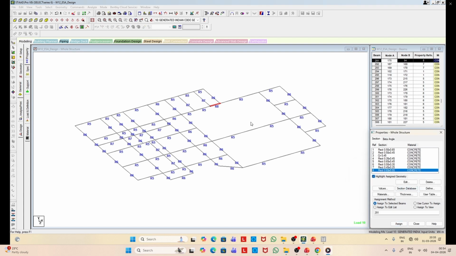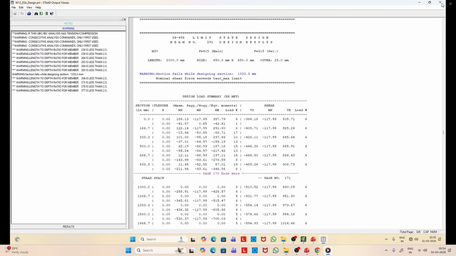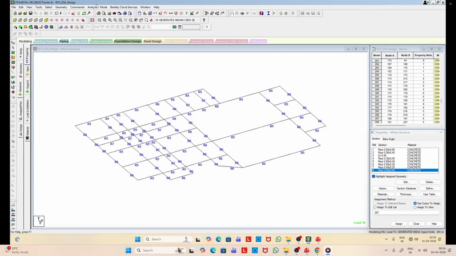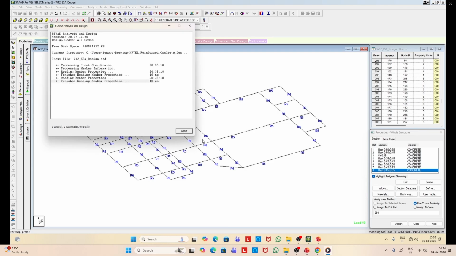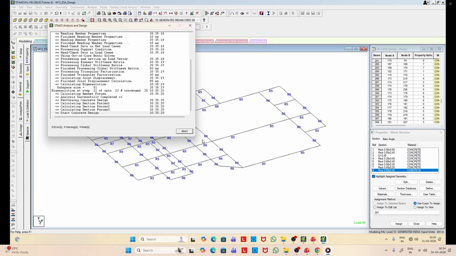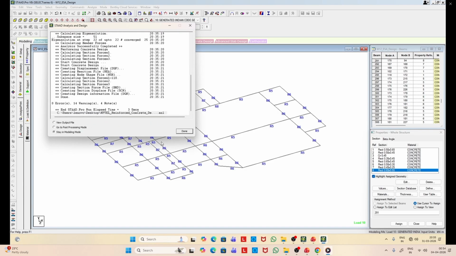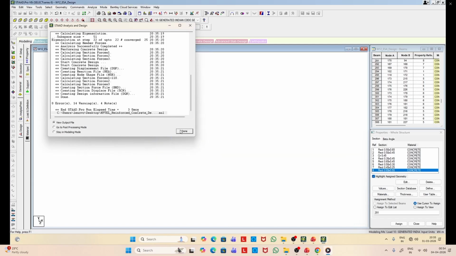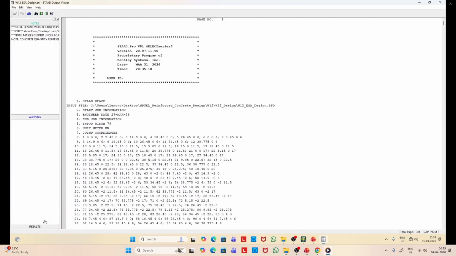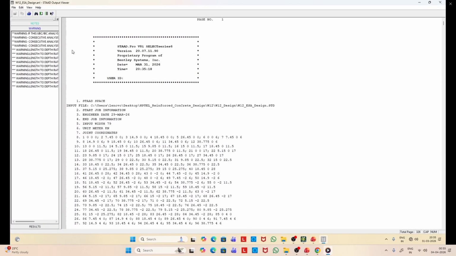So now let us see the output file. Now it has passed.